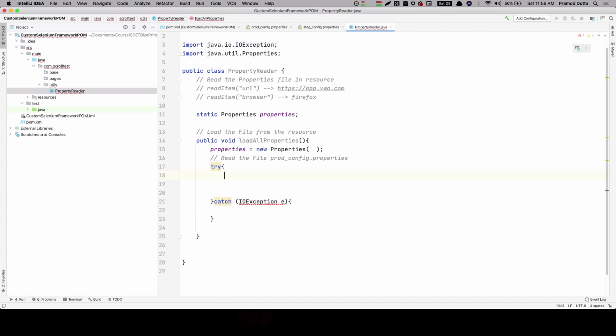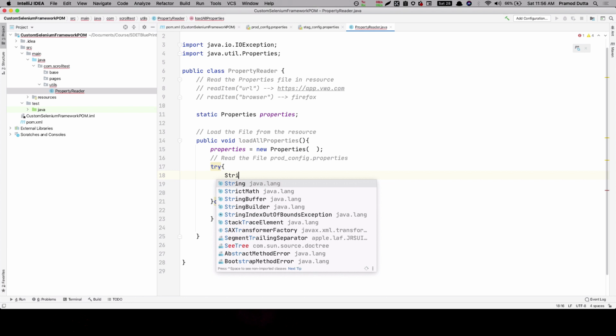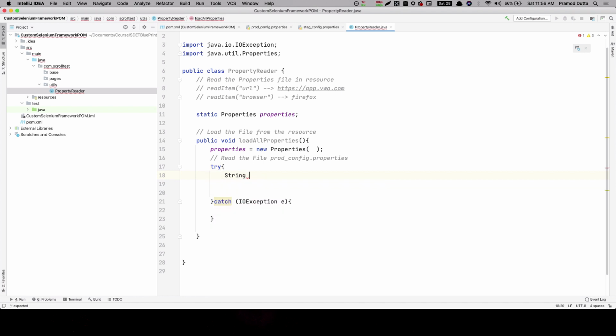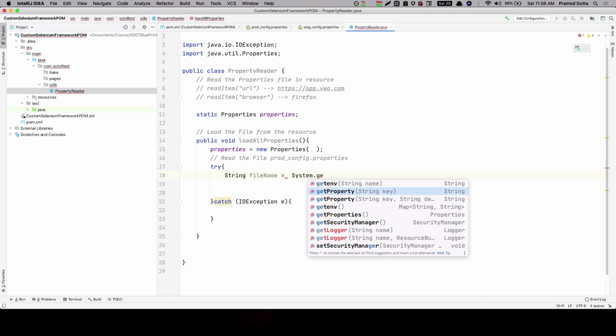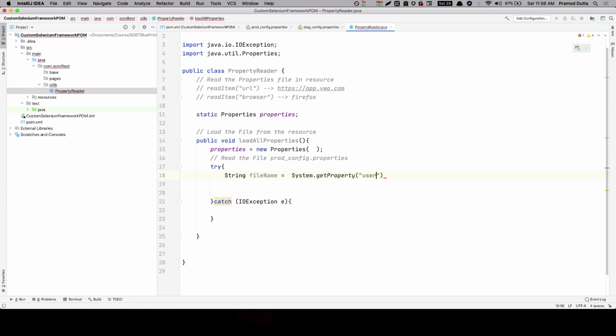Okay, so let's add catch. That's why it's giving us prop. So we need to get the file name, right? So let's say file name, and where are we getting it from? By using System.getProperty, right? And we'll basically get the current user directory of the person, and after that we'll basically, for example, we want